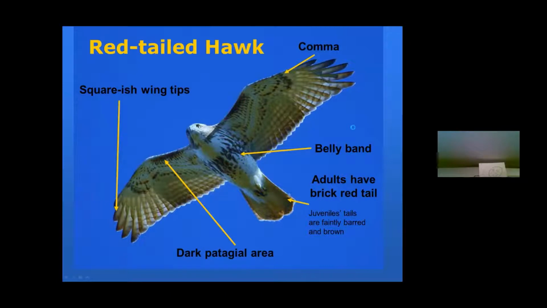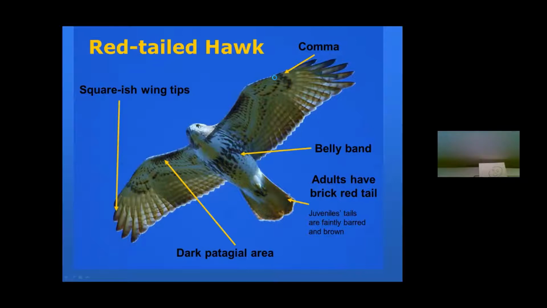Belly band could be very bold or it can be very light. There are different subspecies. There are a lot of subspecies of red-tailed hawks in North America. It's double-digit subspecies. Sometimes a western bird will show up in our section of the woods, especially in winter. So we'll get a western red tail, or we'll get a Krider's hawk type of red tail, very light. But this is the 95-plus percent, I'd say 98-plus percent, of what our red-tailed hawks are.